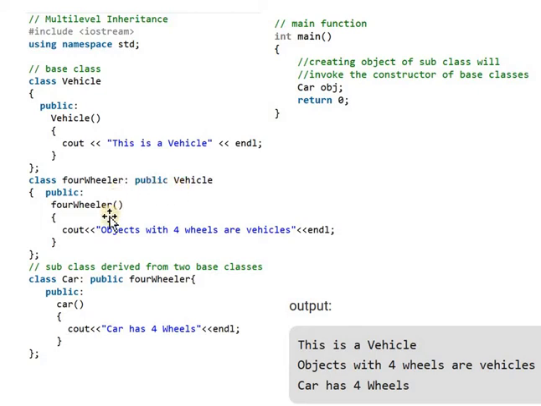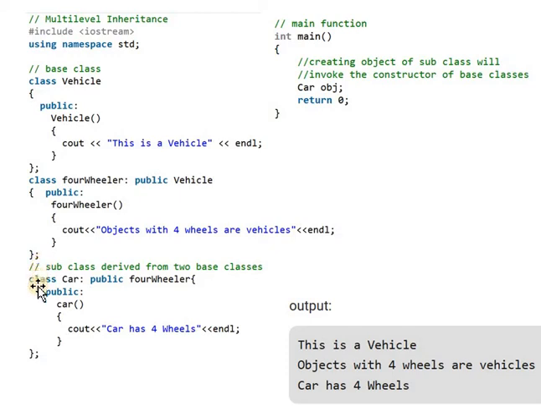Then again, by using a constructor in this class, we simply display the message: objects with four wheels are vehicles. This is the definition for the intermediate class.